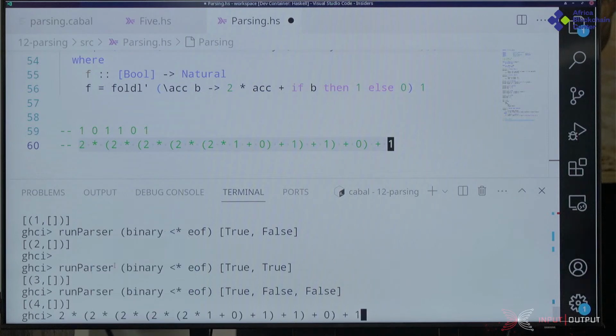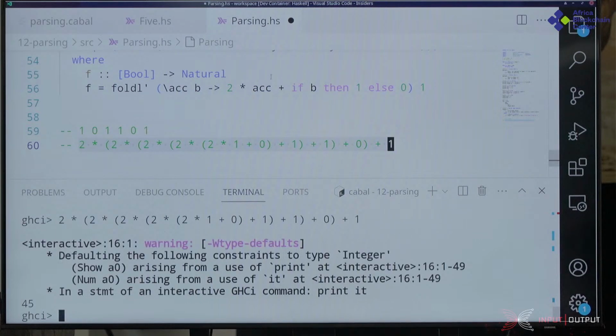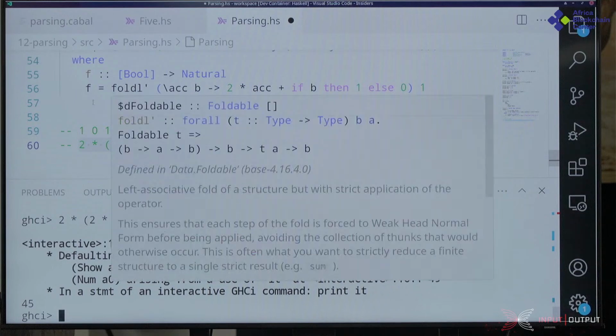Okay, 45, fine. But is this 45? 1, plus 2, 1 4 is 5, 1 8 is 13. Yeah, 16, 32. It's 45. Yes. So I start at the left, and each time you must,